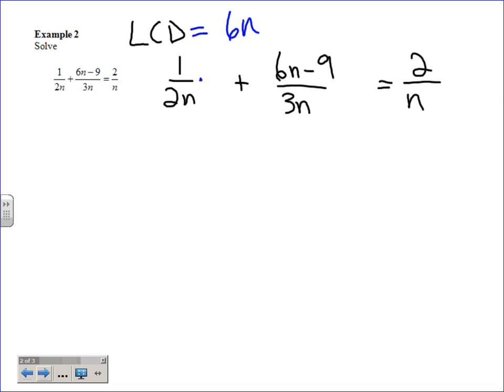So I'm going to sit here, and each one of these terms I may multiply by something slightly different. But as long as that piece that I multiply by is 1, I'm okay. So I know I want 6n. So do I have to multiply by 3 or 3n? Just 3, very good. But then I better do that up here as well because I multiplied by 1. I picked that term, I said I'm going to multiply by 1. Here it is, I'm multiplying by 3 over 3. And so maybe I should just go down like this and write it. 3 over